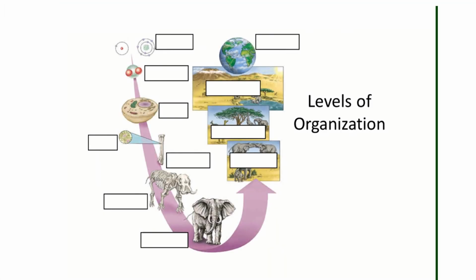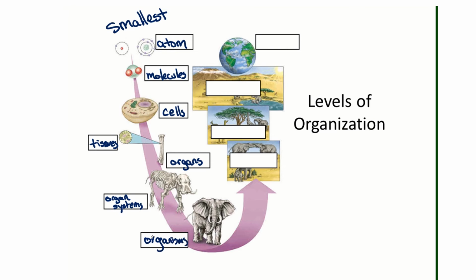Look at the levels of organization, starting from the smallest level, which is the atom. The atom makes up molecules. Molecules make up cells. Cells make up tissues. Tissues make up organs. Organs make up organ systems. Organ systems make up